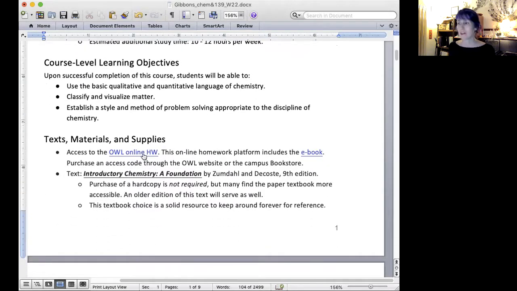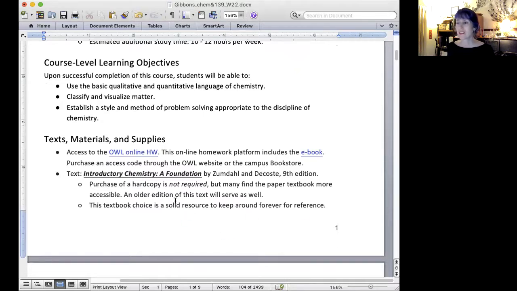All right, you will need the online homework access. So this is a link. When you get your syllabus, you will see it there, and it's also linked inside WAMAP. And we will use the ebook. You have to be logged into your OWL account to view the ebook. But once you log in and it's there, it lasts for a while. It doesn't log you out every 20 minutes, so that's nice.